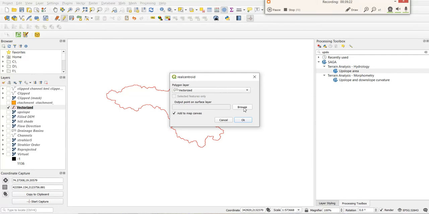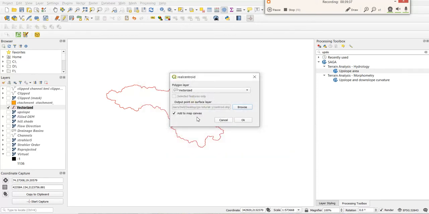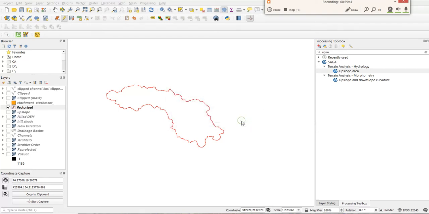For the output file you need to name it, let's say centroid.shp, and save it. Add to map canvas, so it will show it here. Okay, you can see this is the centroid of this polygon.